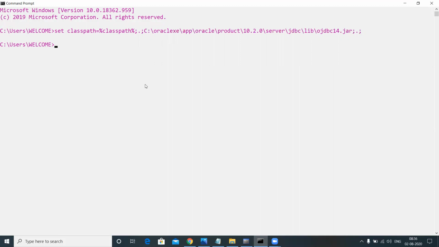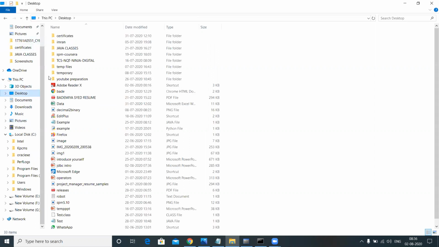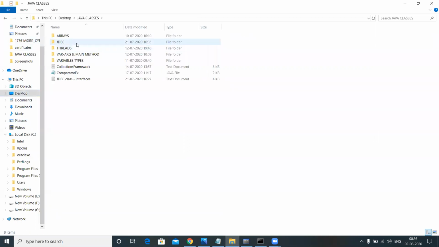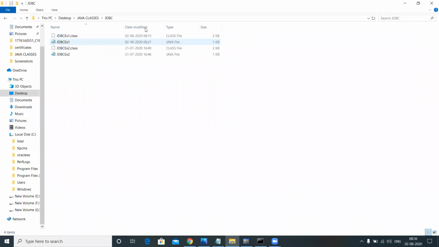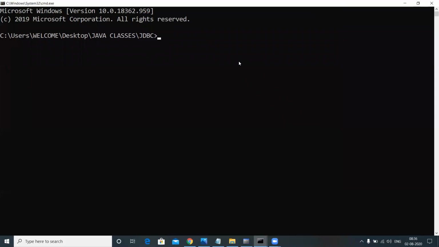Now let me compile this code, javac. Now see, here you need to, where actually the program is located means inside the desktop, here the program is located. Let me type the command prompt here and let me write the class path statement here.